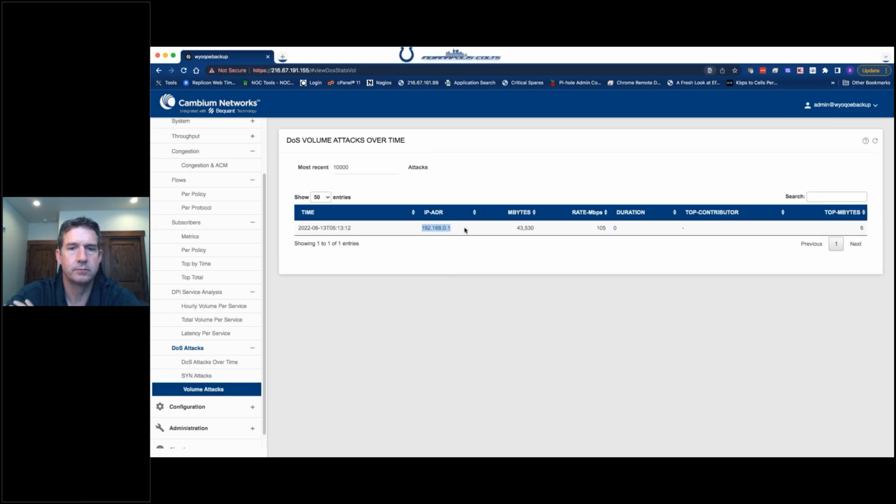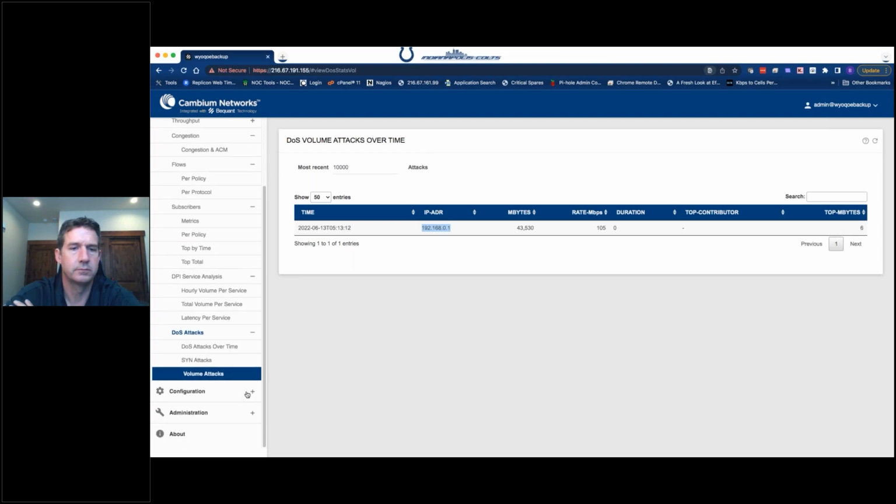Last chunk, DOS volume attacks. This is fairly old information that just hasn't rotated out from when we had this on our LAN doing some testing. Obviously, it's an RFC 1918 non-routable IP. So